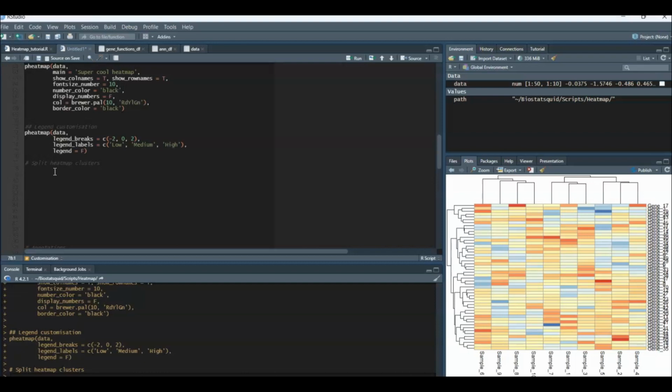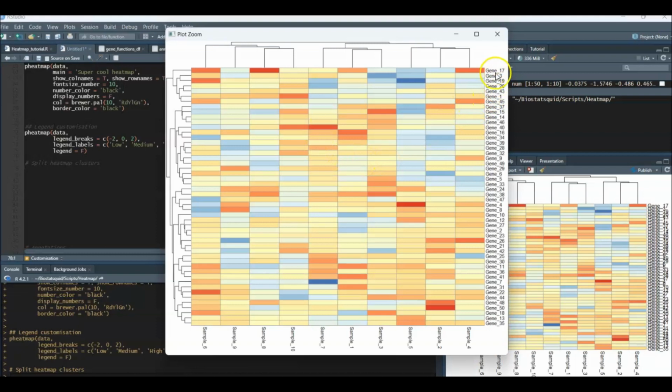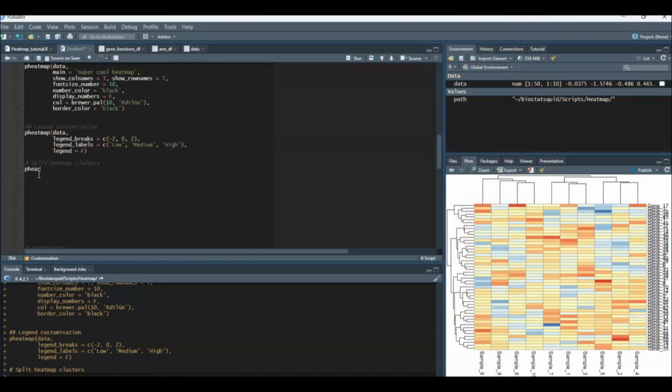So for example, you might want to divide up this cluster over here and separate it a bit more from these two clusters over here. Or perhaps you have a certain number of genes, perhaps we can zoom this up, up here that belong to a certain pathway, and you just want to highlight that they're different from the rest of the genes. And you can do this quite easily by calling